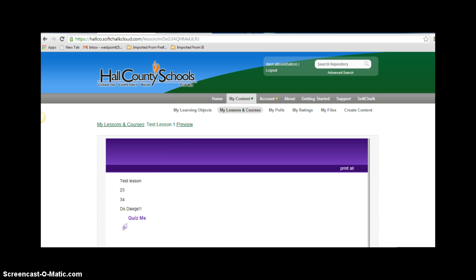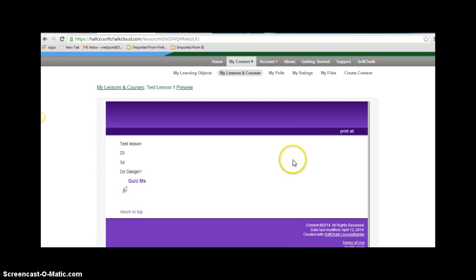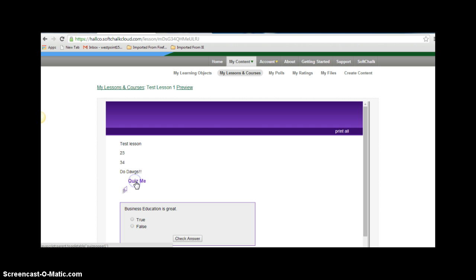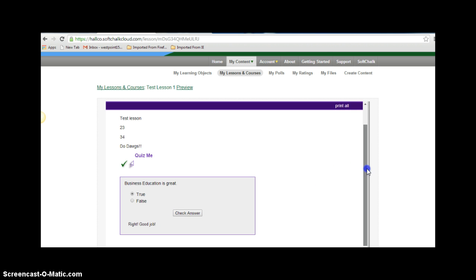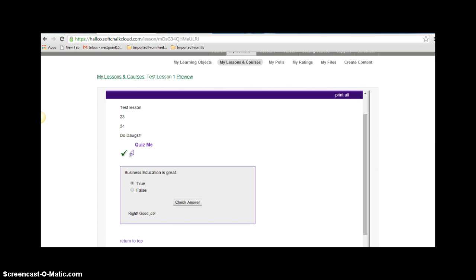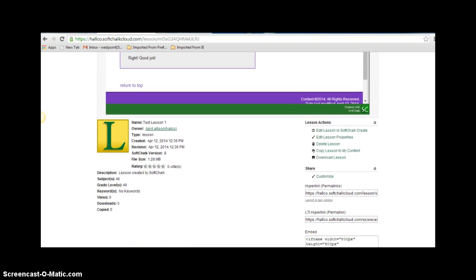There's my purple background, and if I had a sidebar, it would be there. Here's my Quiz Me question, my true false question. Let's open that up. Here is the question, and this is what the students would be looking at. Business education is great. If that's a true statement, check answer. It is right. Good. It gives you the default answer if you got the question right. So SoftChalk is a great tool. If we scroll on down below it,